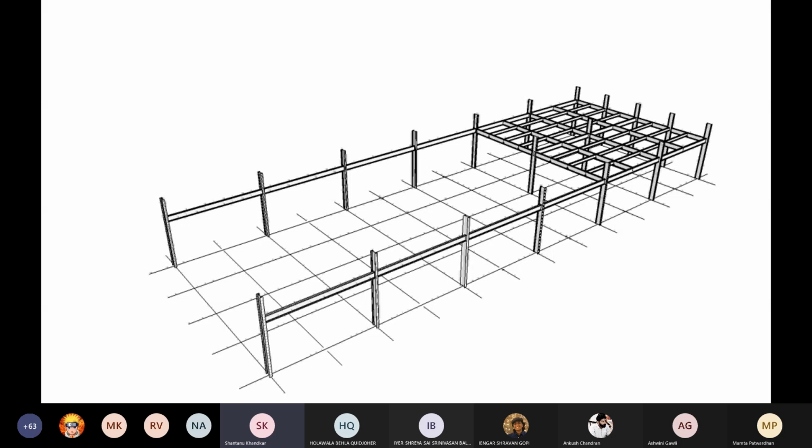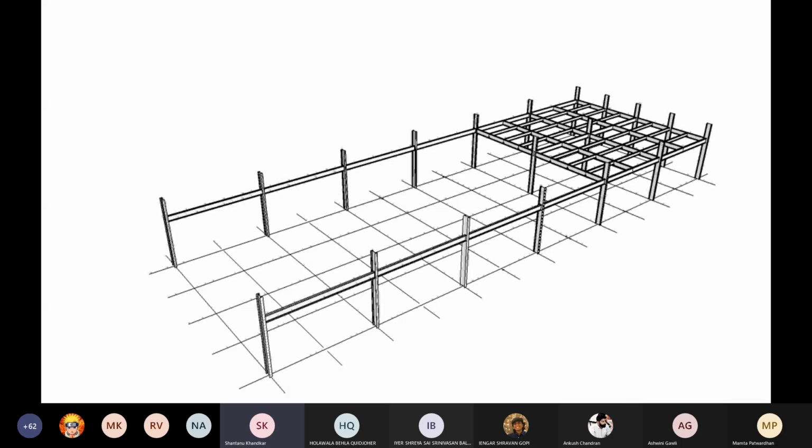You can see that at one end of the factory we have a mezzanine floor, and that is getting formed by this kind of structural grid. Let me explain how this grid is formed. There are columns at the periphery, and I have also added columns in the middle because we don't need the open space at this end. The primary beams span across these columns along the periphery, plus there is a primary beam in the middle.